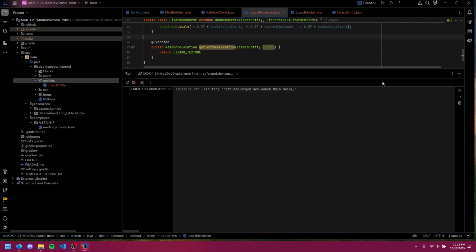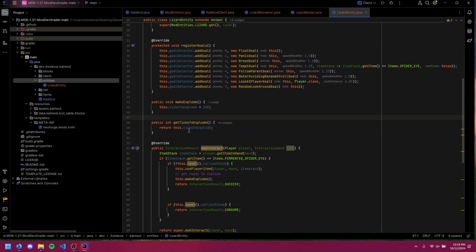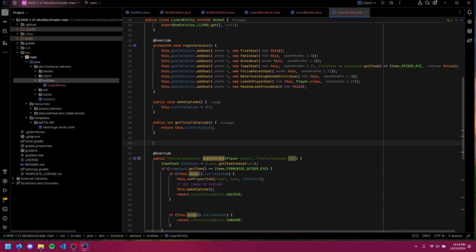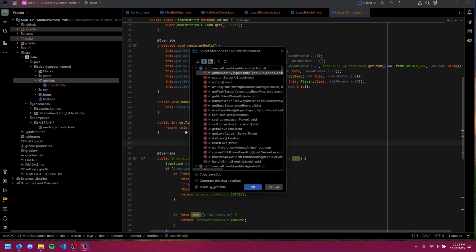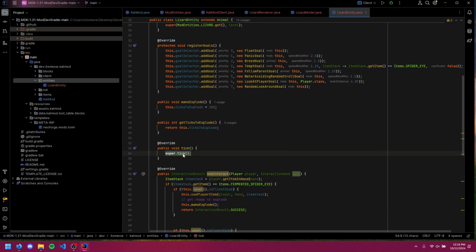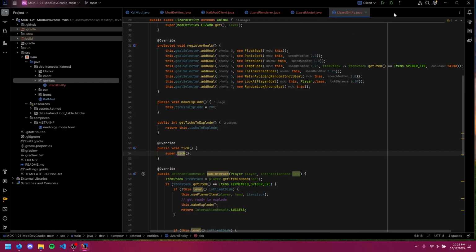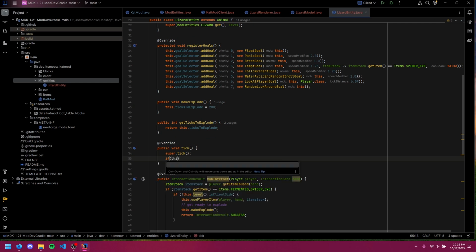I'm actually just going to boot it up for demonstration purposes to show you that it doesn't work. Also, we actually need to make it explode. I forgot to do that. So if we override, there's a method called tick, right? So this will run every single tick that the entity is alive, right? So then we can do if this.ticksToExplode is greater than -1,